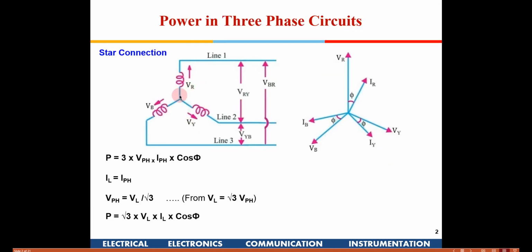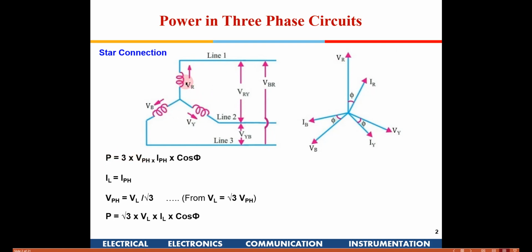Okay, so in star connected three-phase circuits, we know the line voltage is given by √3 times the phase voltage, whereas the line current and the phase current are the same. This is the thing which we need to remember. For a star connected source, the line voltage is √3 times the phase voltage, and the line current and the phase current are equal. Now if you try to find out what the power is,